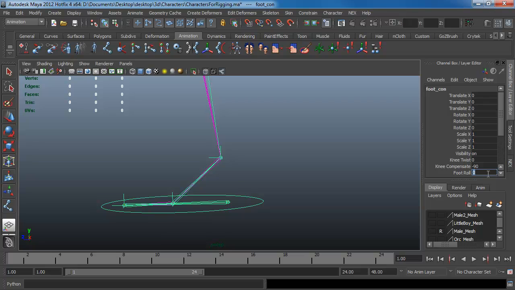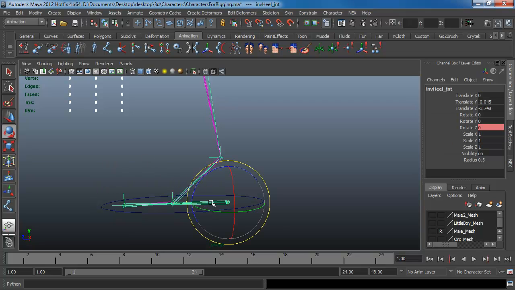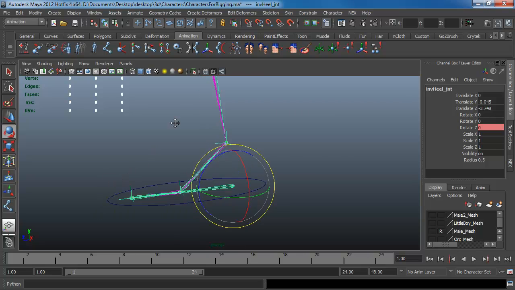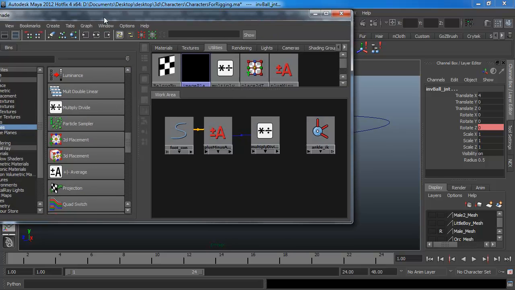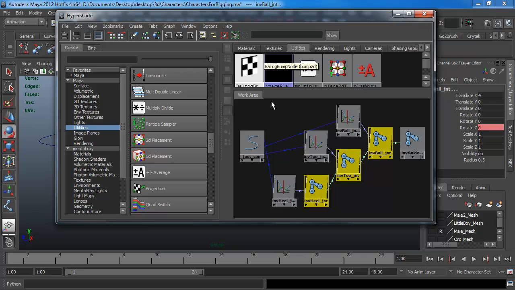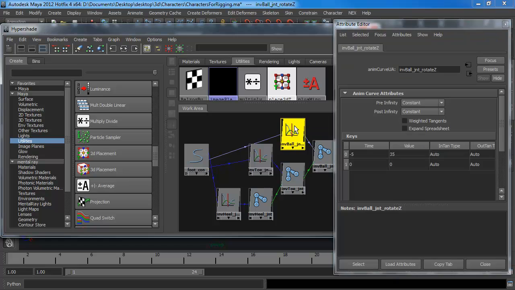What a lot of people don't know or realize is that all of these things that have animations all have their own graph editor built in. So if I click on this, or actually I can go inside and click every one of my special joints over here. If I open my Hypershade, I can click Input-Output Connections, and I can see all the graphs right here. If I double click on any of these graphs, it'll allow me to go in and just change the time and value anywhere I want for any of these. Not just that, I can click on all of these